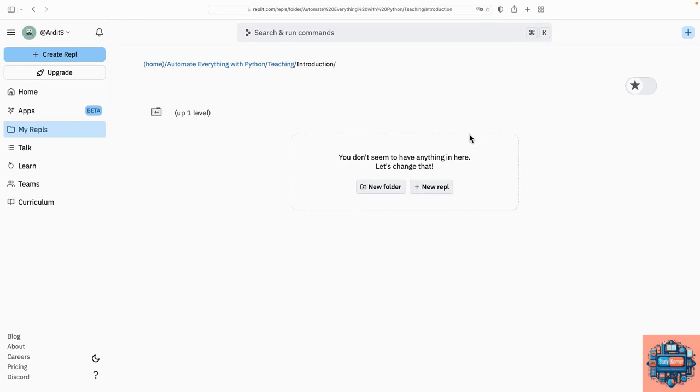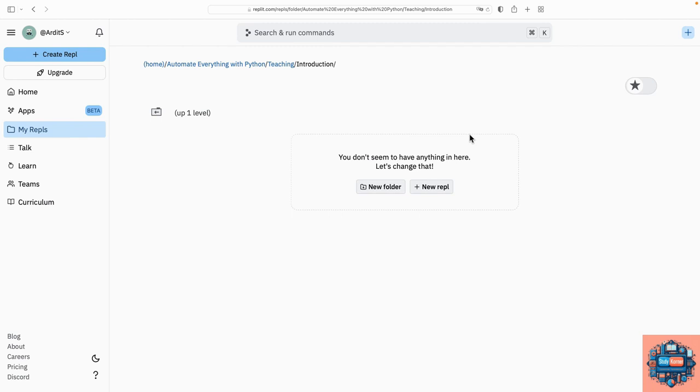Hi, in this video you will learn how to use the REPL IDE. Now REPL is the name of the IDE, and IDE, as you may know, stands for Integrated Development Environment, which is basically a text editor where you develop your Python programs. But it's not just an editor, it has also some extra features which help you during the development process, and